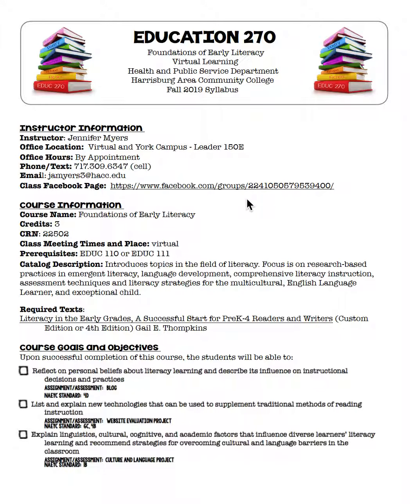My office is on the York campus, but most of the time I am available for phone or video conferences. You can reach me at the phone number listed. You can call or text, it is my cell phone number, or you can email me at my Hack email. I will get back to you right away, but please make sure that you identify yourself by name and the